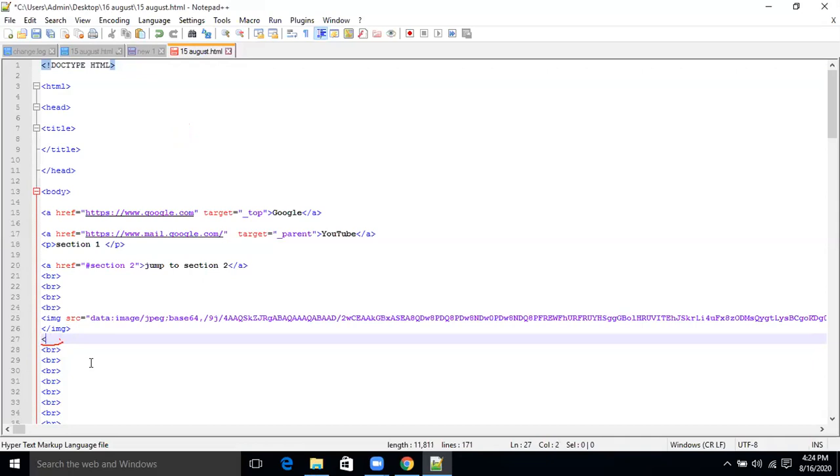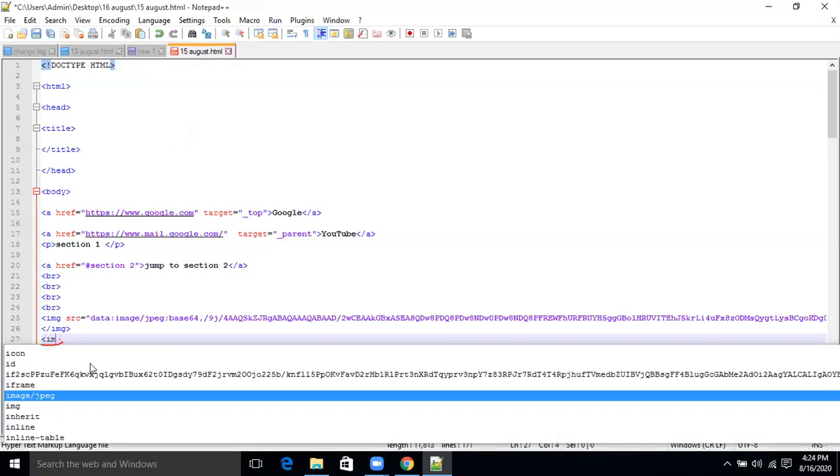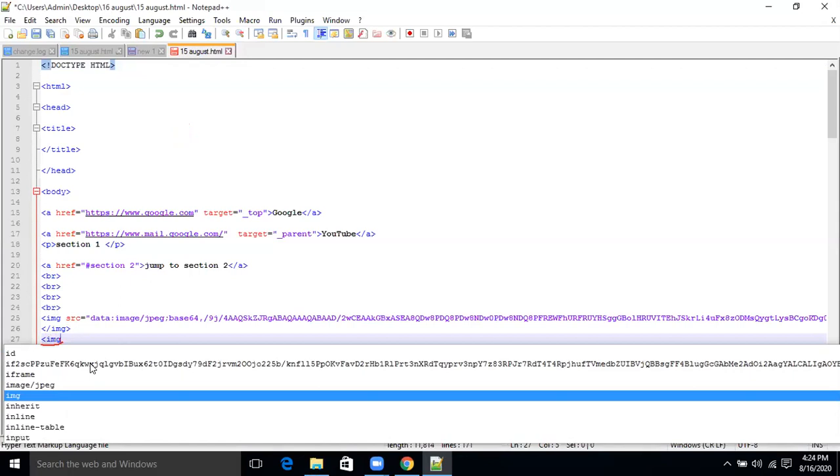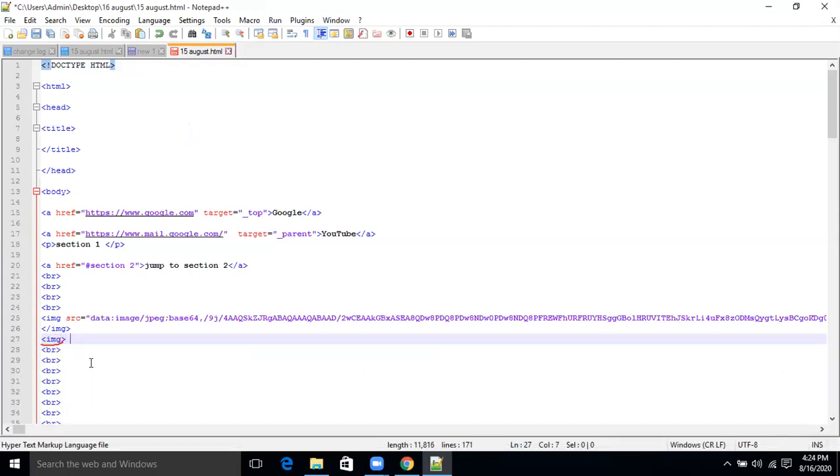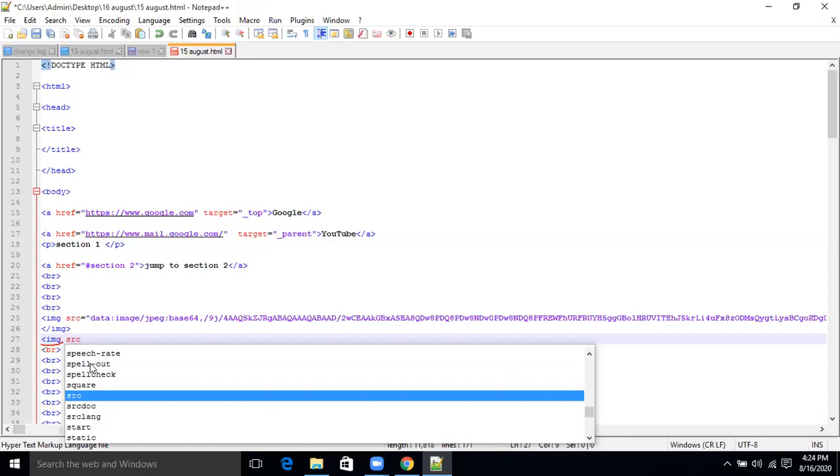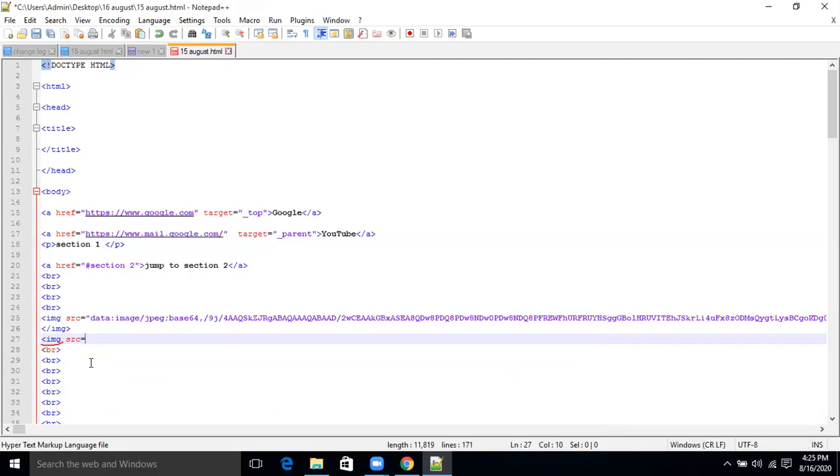Angle bracket, img source, space. No, source is inside that particular tag, right? Source equal, then give the name of that file in double quotes. Should I give a space? No, just give the name of the file.